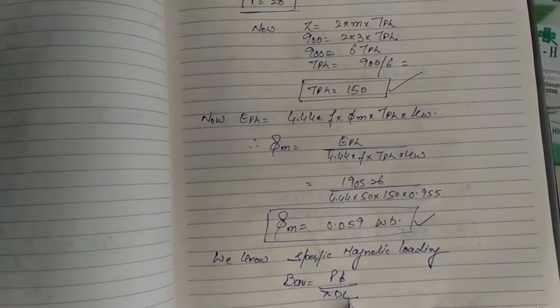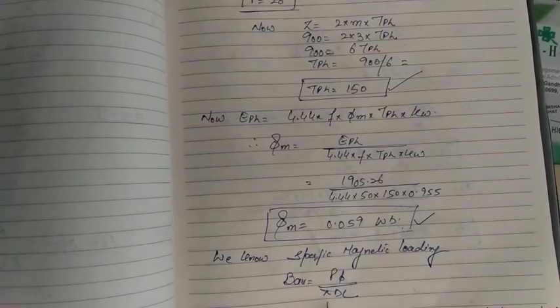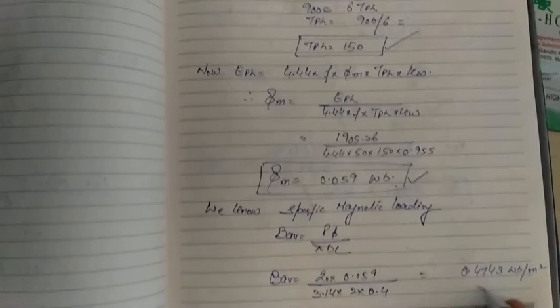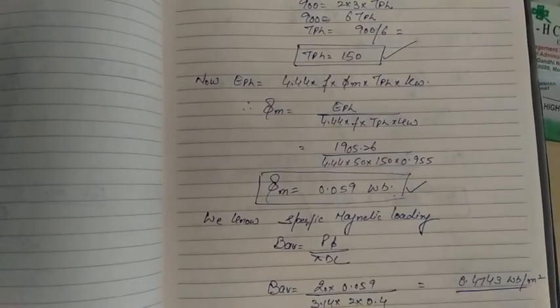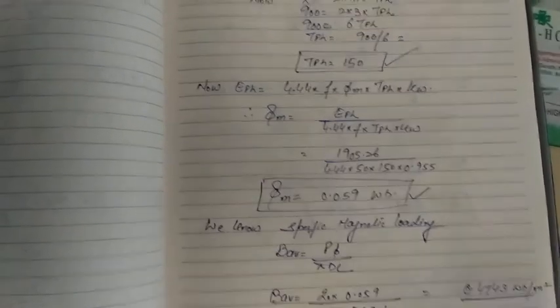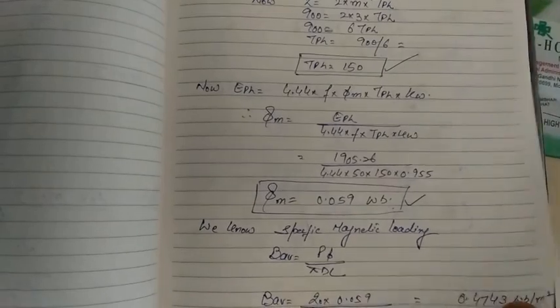Now at this stage, we have P, we have phi, we have pi, we have D, we have L. By substituting all these values, we get BAV equal to 0.4743. Is it clear to all of you? Now,